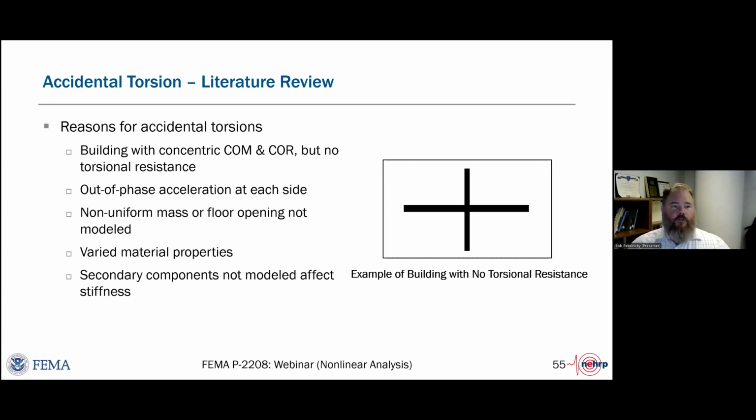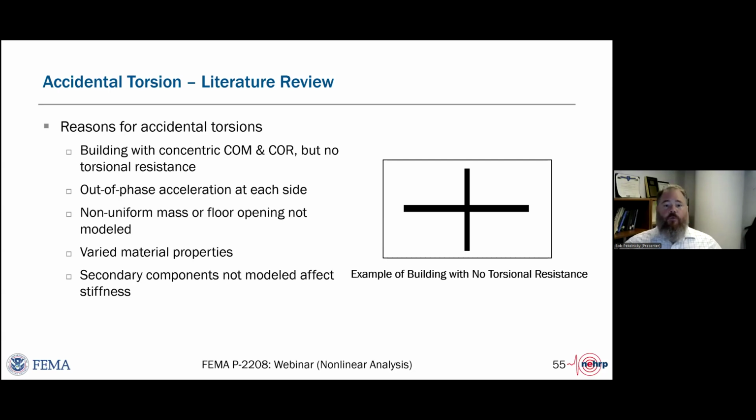So obviously the first thing is, if you have a building with a concentric center of mass and center of rigidity, but no torsional response, you run the risk of having a building that would show artificially good performance when in actuality, any little bit of twisting would have caused the building to collapse. And why is this important?